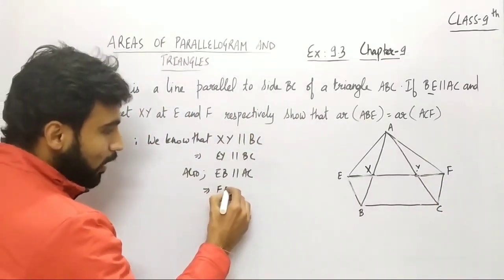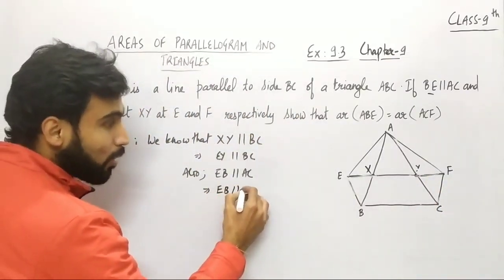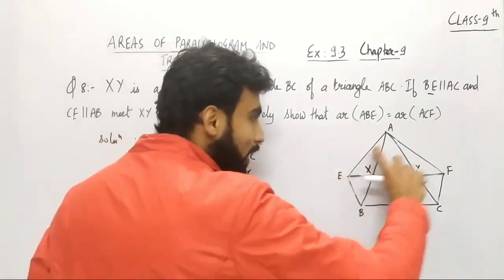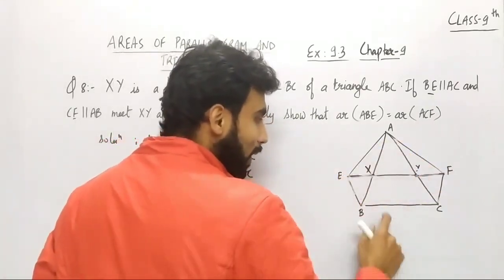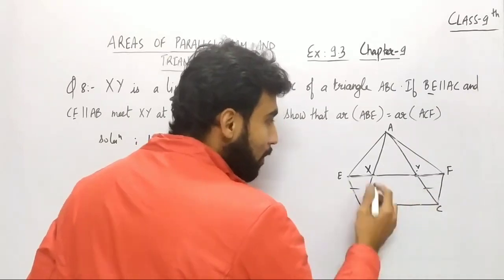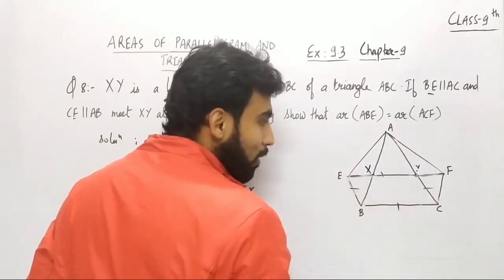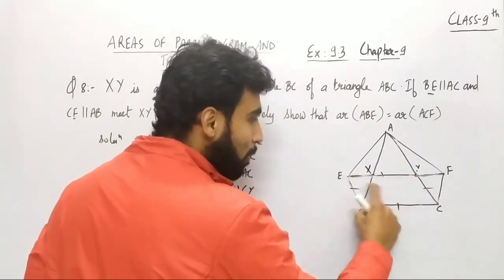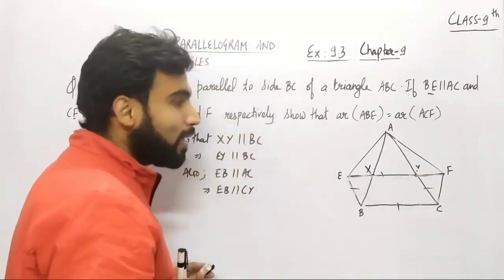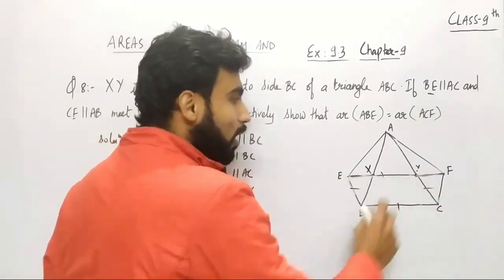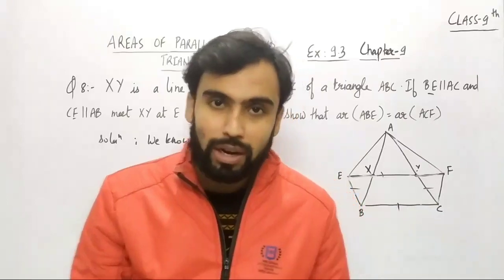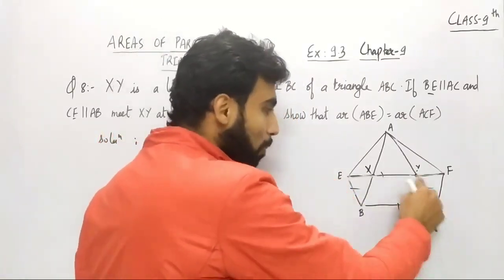So you can see EB, and you can say BE is parallel to CY, right? So अगर ये AC के parallel है, so CY के भी parallel होगी, right? So ये इसके parallel है, देन ये पूरी साइड EY, BC के parallel है. So अब इसमें ये opposite pairs जो है वो equal है, that means parallel है. You can see then if opposite pairs are parallel then we can say that that figure is a parallelogram.